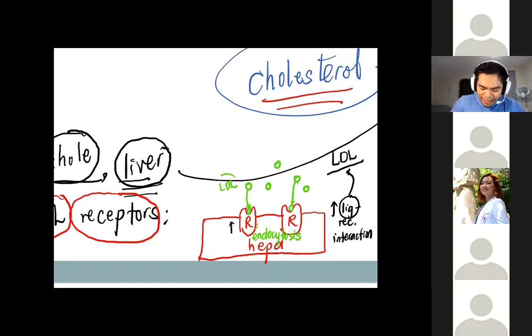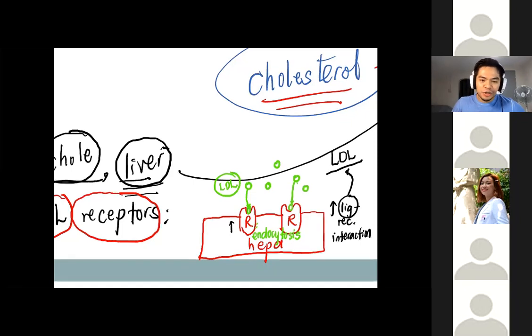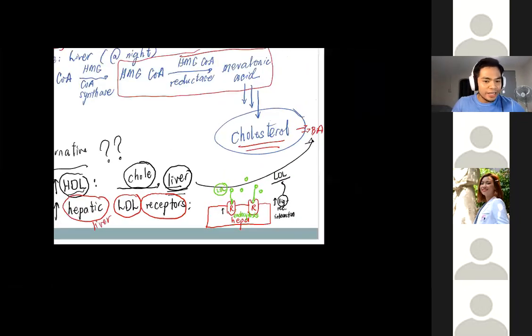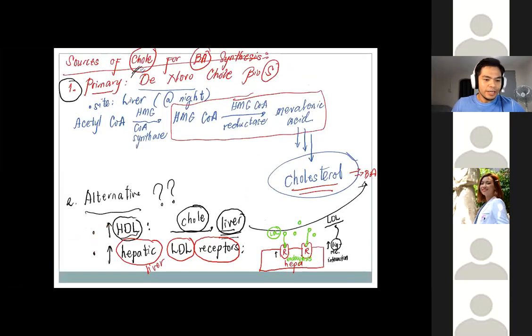anong meron sa LDL? Ano nga meron sa LDL? Kole or anong klaseng lipid? Cholesterol. So question, pag pumasok ang LDL sa loob ng liver, magkakaroon ba ng alternative source ng cholesterol ang liver? Yes, very good. So that causes an increased hepatic cholesterol level that would be needed for